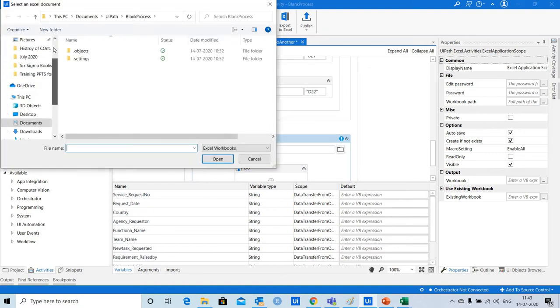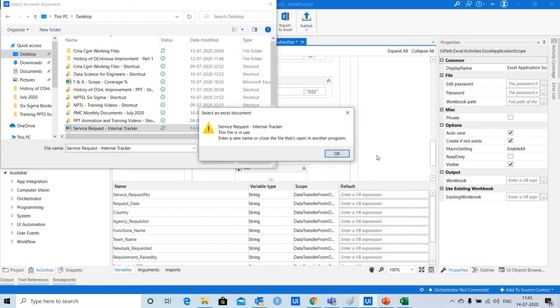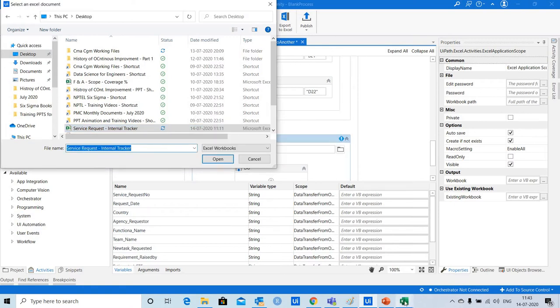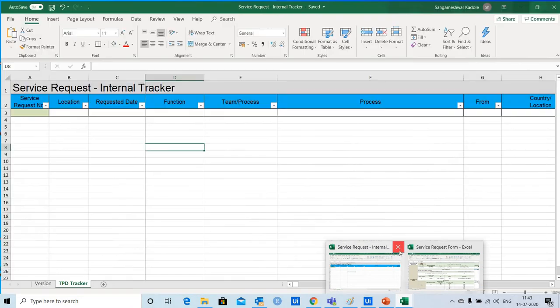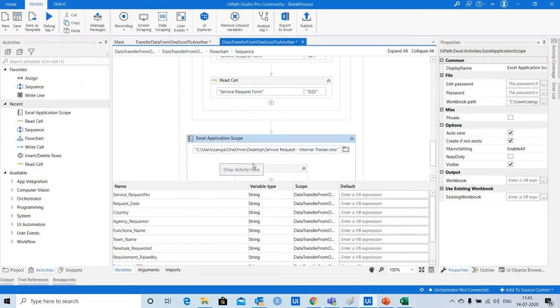In this I'm going to open the internal tracker file wherein I want to input this captured data. So I need to close the file. Yeah, I just close the file and then here I'll open the file.